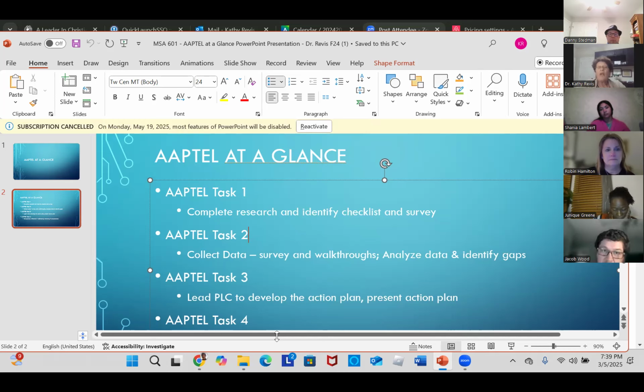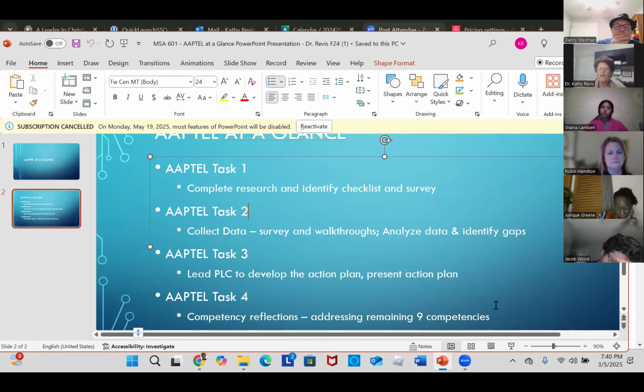Then you're going to look at the difference between what the research says should be done and what is actually happening in your school. And then you're going to lead your PLC to develop another action plan, this one about teacher leadership and empowerment. And then task 4 is going to be your reflections again.